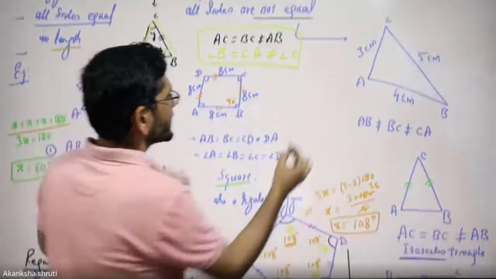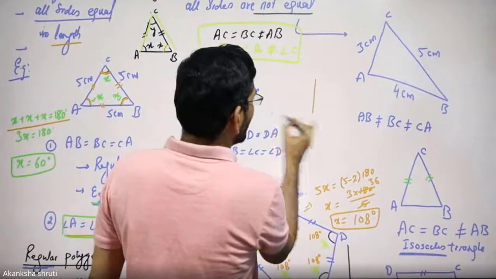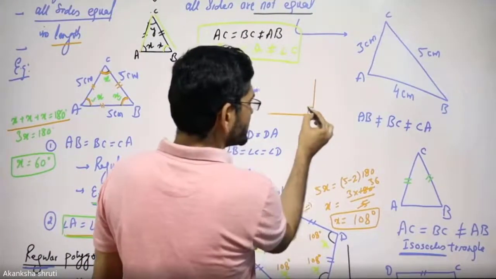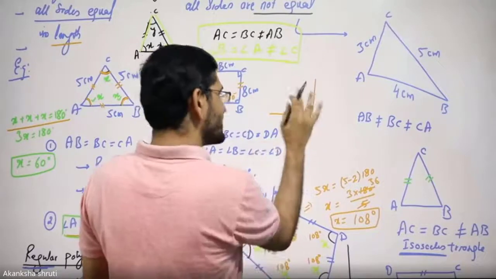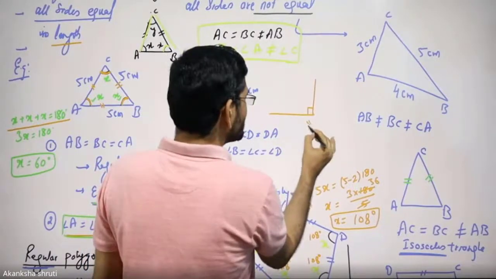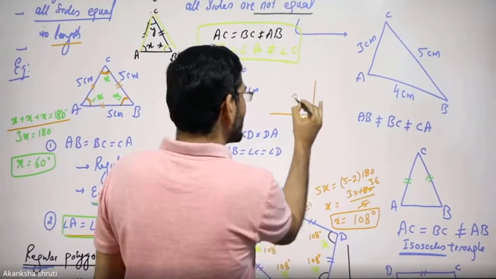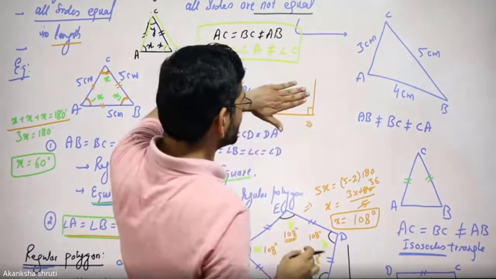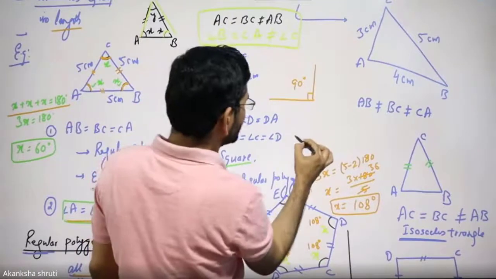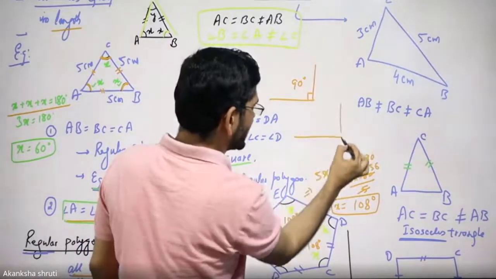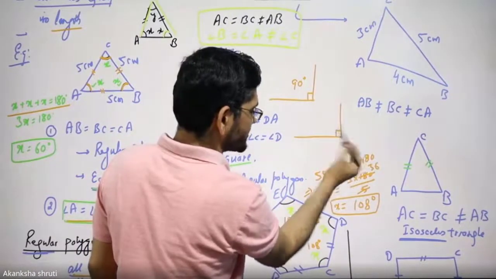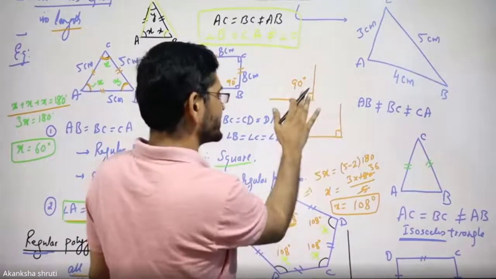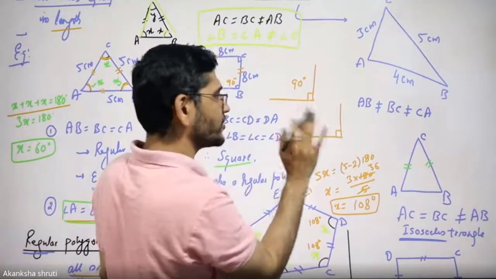Students, if just two lines are given like this, and here a small symbol is made, it simply means it is representing this angle as 90 degrees. So keep in mind, even if the angle is not written, if we are just given these two lines, one horizontal and other vertical, with a small symbol, it simply means it is 90 degrees. It is the default. So whether written this way along with the angle or not, that doesn't matter.